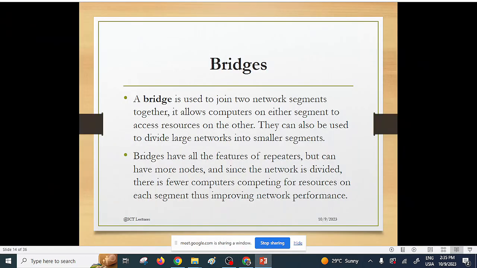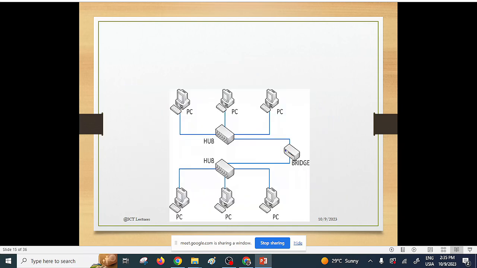A bridge has some more features than a repeater and a hub. In fact, we're going to look at a special bridge known as a router, right? It has the capability of bridging the data from one network to the other, and of course routing data from one network to the other. So it has different functionalities, as you're going to see. You can see this diagram here